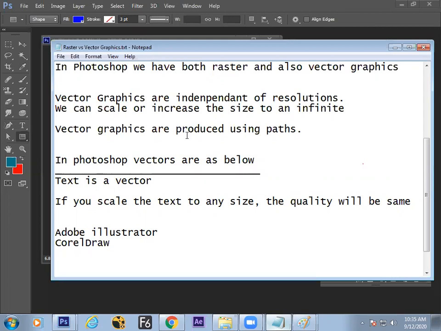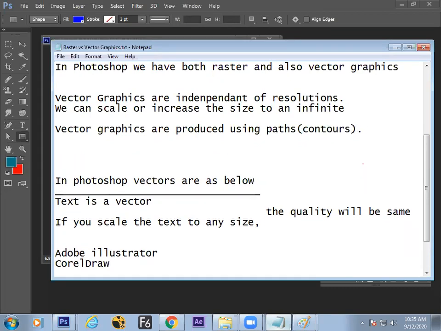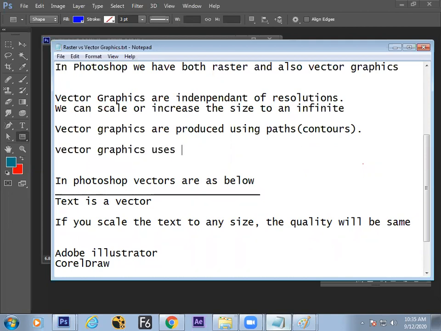Vector graphics are produced using paths. Path means lines, contours. We call it contours in mathematical terms.